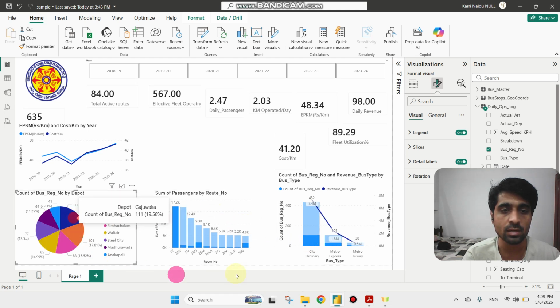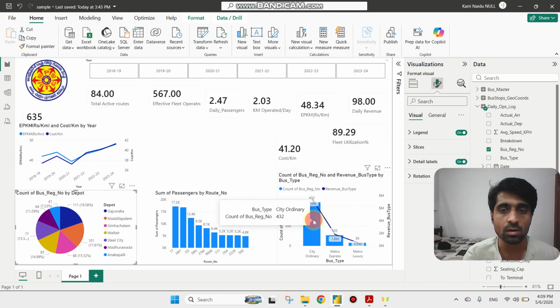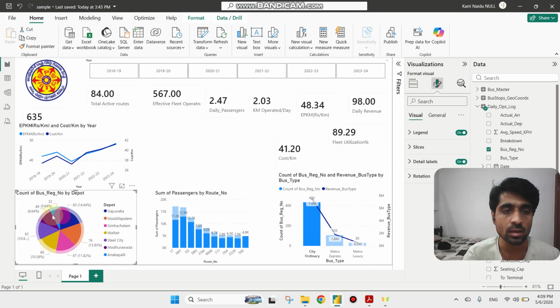Every value gets interacted. Similarly, if I want to know the total 432 buses, the routes, I select here. So these are all the routes covered by the city ordinary, which means that in every route there will be a city ordinary bus. So also, in every depot the total